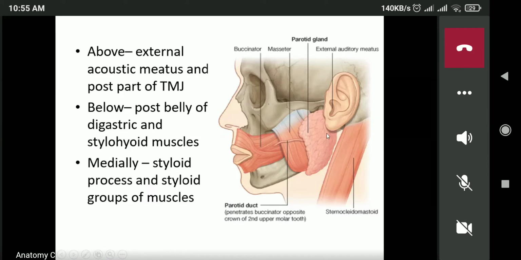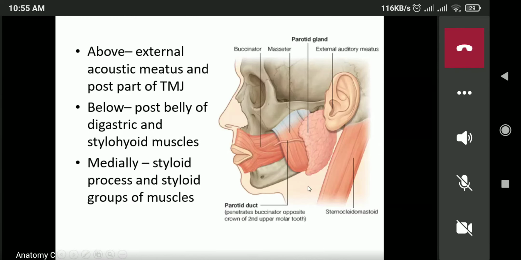parotid region. And below, it is formed by the posterior belly of the digastric muscle here, and the stylohyoid muscle, the muscle extending from the styloid process to the hyoid bone. So the posterior belly of the digastric and the stylohyoid muscle form the inferior boundary of the parotid